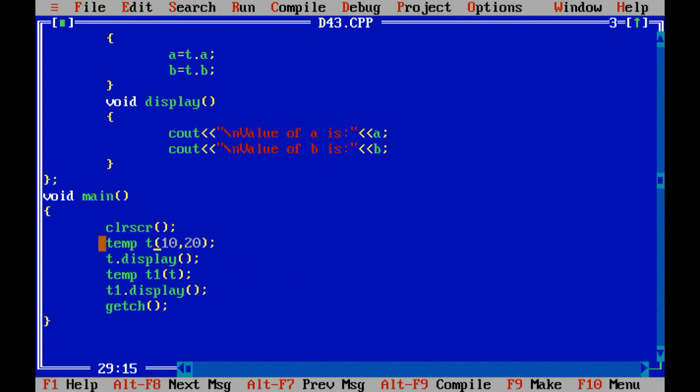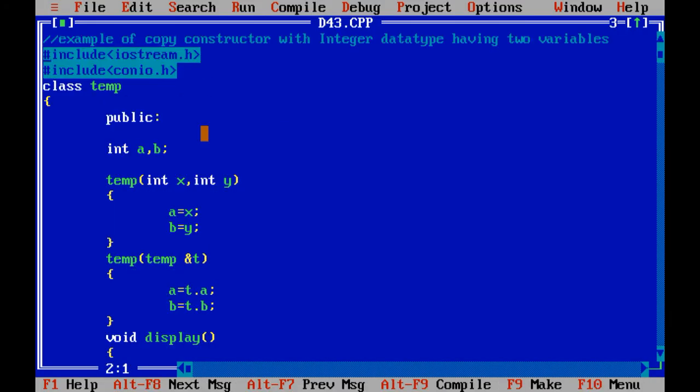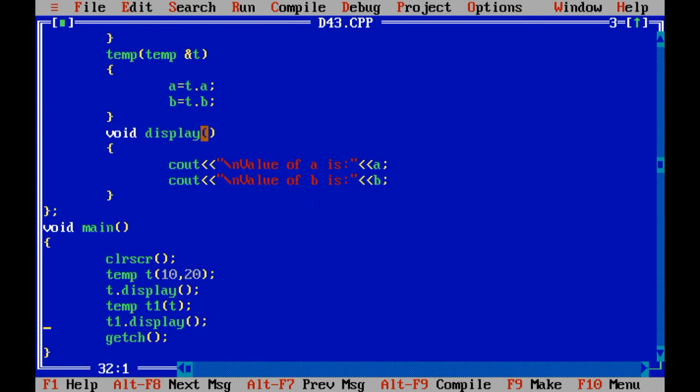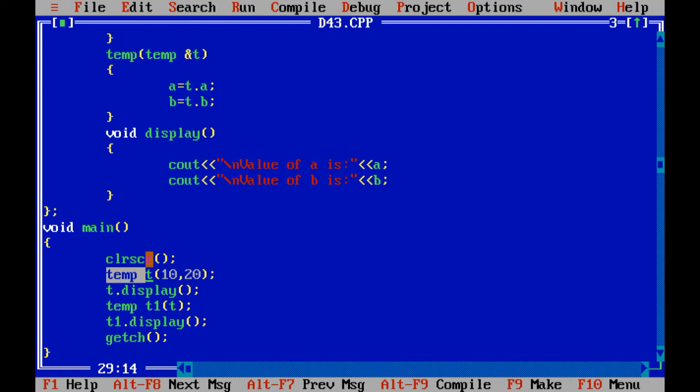So what happens now? When you execute the program, the value of a and b would be 10 and 20 in both the cases. Now how copy constructor works? Let us execute. First of all, the program execution will start from the void main. It will clear the screen. Then we have created one object of temp class having two arguments, over here 10 and 20. So the data type of this variable must be, you need to create a parameterized constructor having two integers.